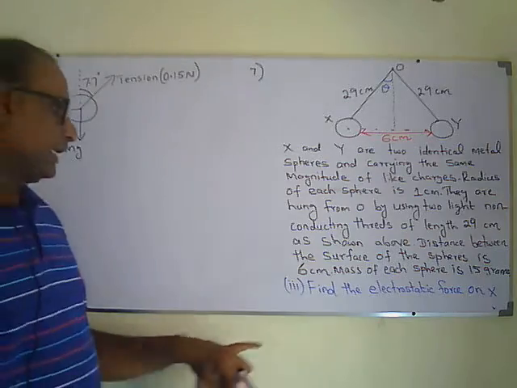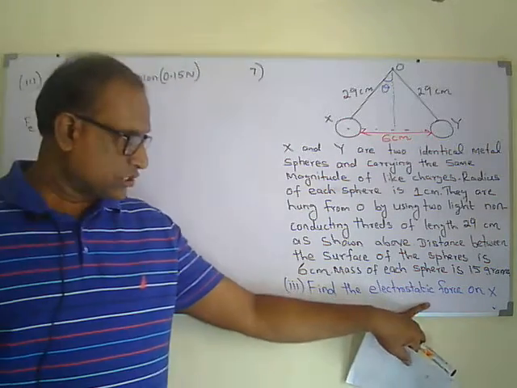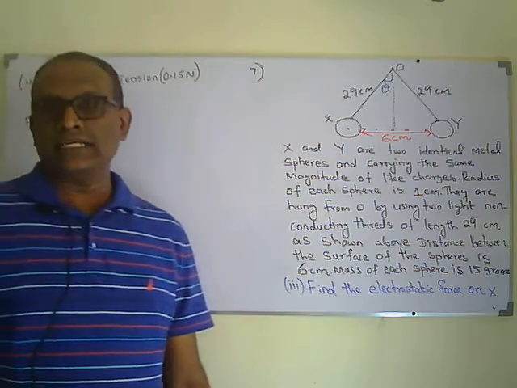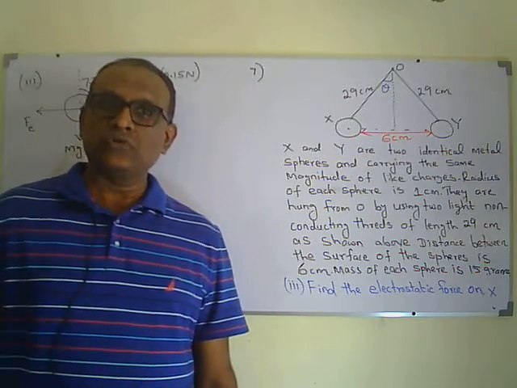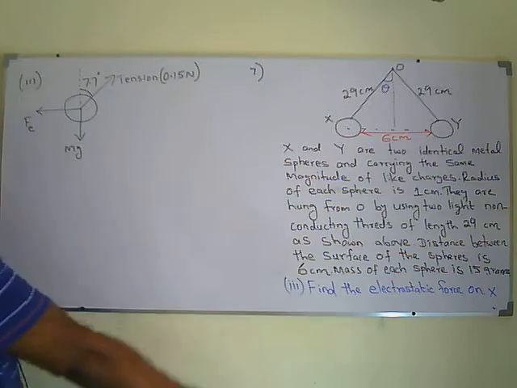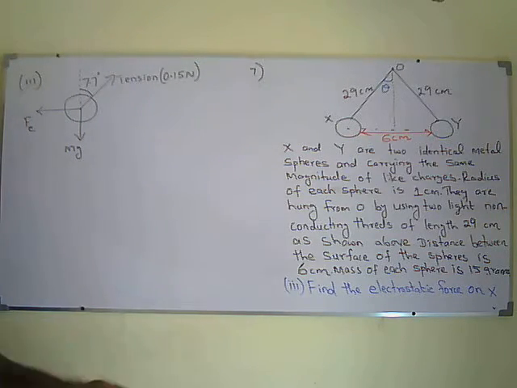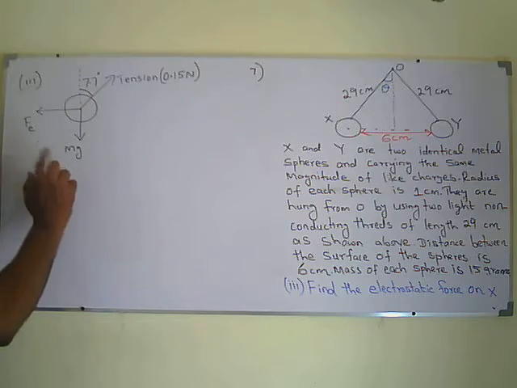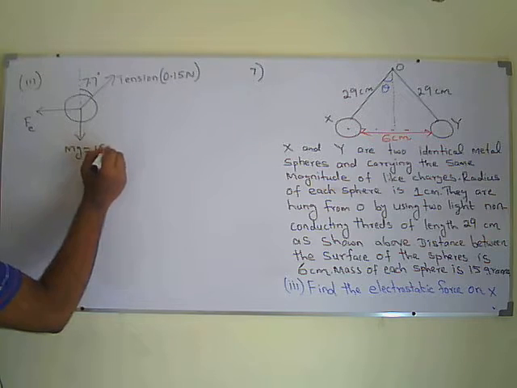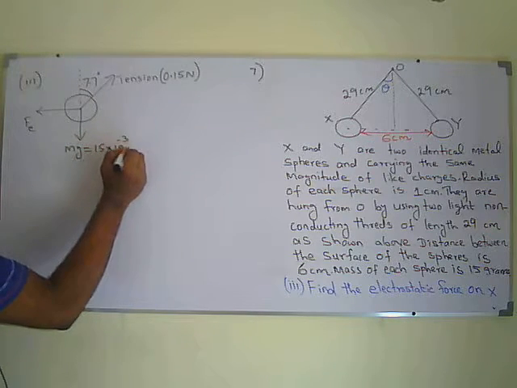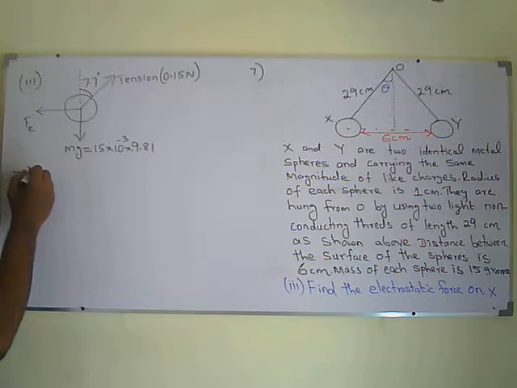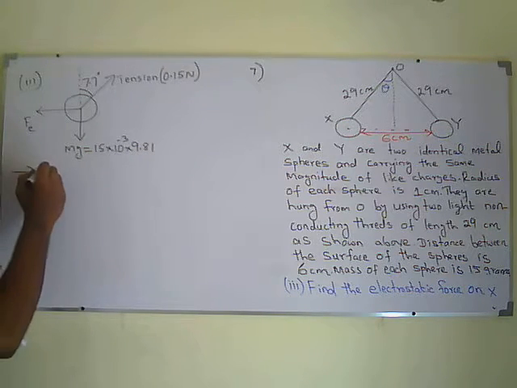Third part, they ask me to find the electrostatic force on X. So far I didn't use any concept related to electric field. I'm still using the condition for equilibrium, so for the third part also I can use the condition for equilibrium. If I resolve the forces, we know the weight is 15 times 10 to the power minus 3 times 9.81. We already used it. If I resolve horizontally, because it's at equilibrium, T sine